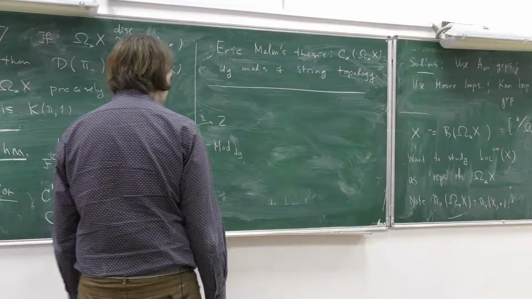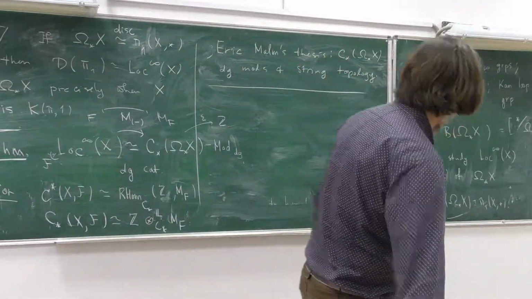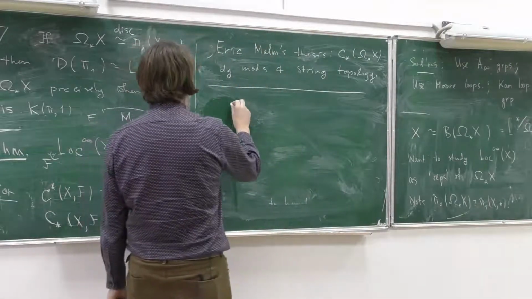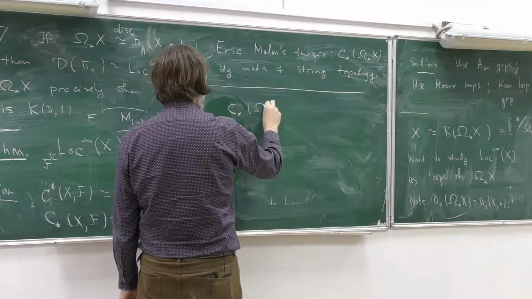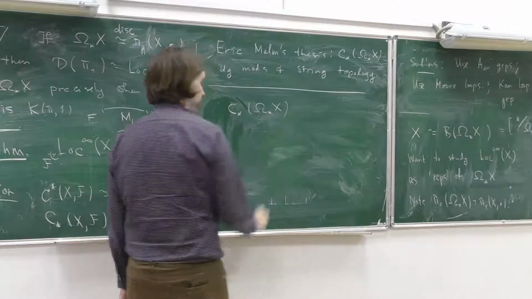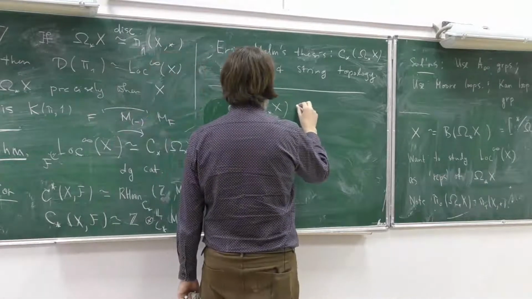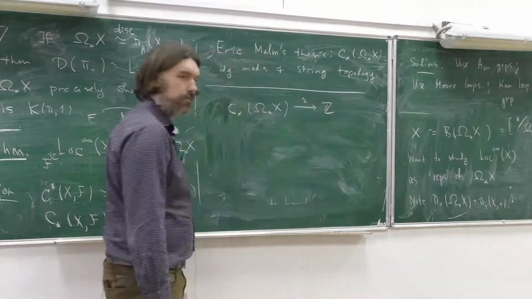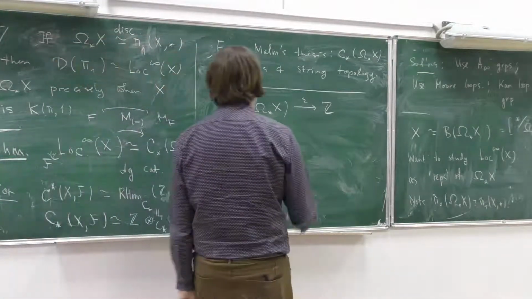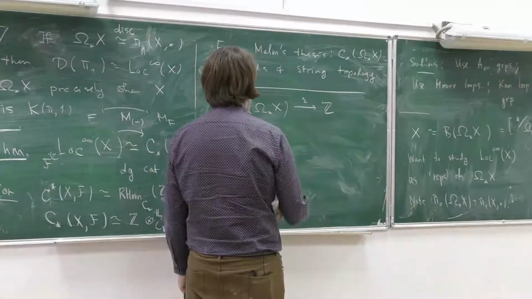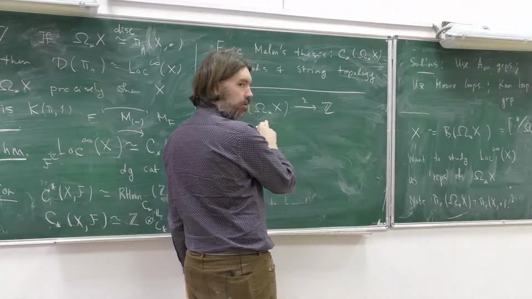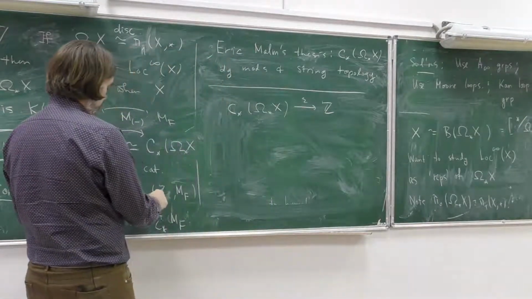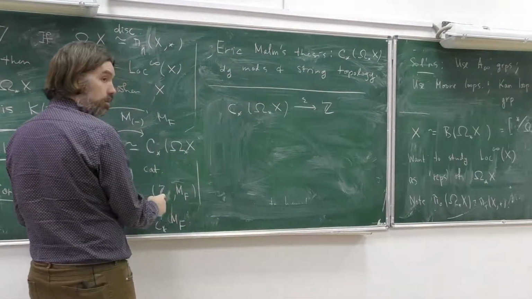So let me try to rewrite it. Okay, so let me introduce more notation. First of all, this DG algebra has an augmentation, which is just like push forward to a point, to the trivial group. Okay? And so I can consider this as a DG module over this by restriction. So over here, I mean that trivial DG module.